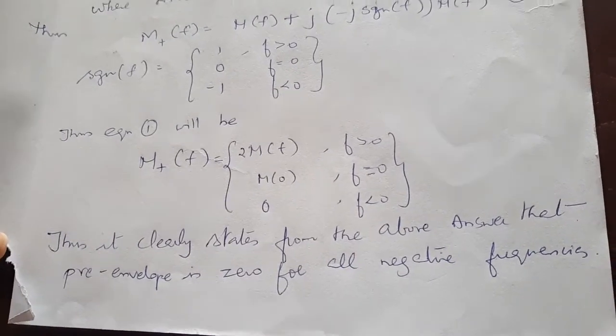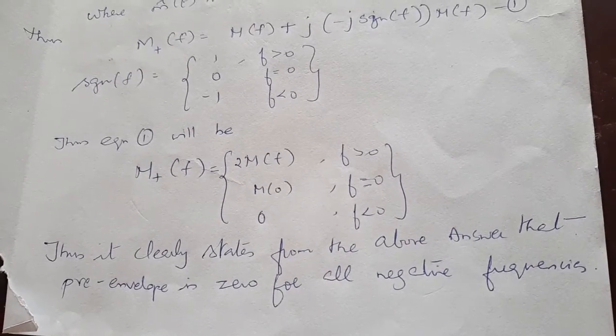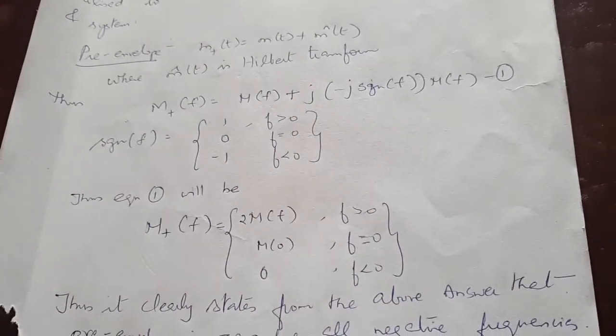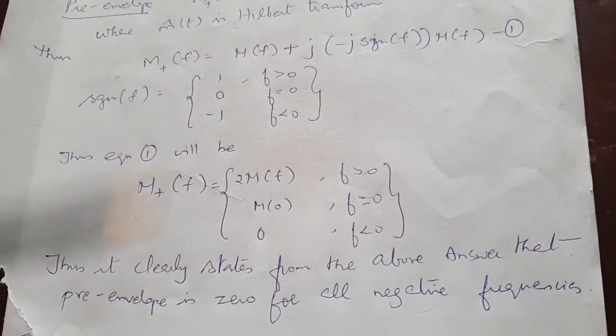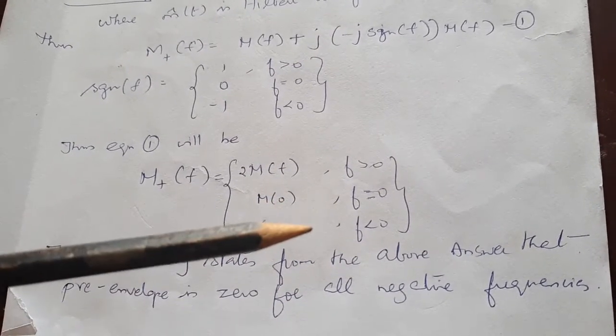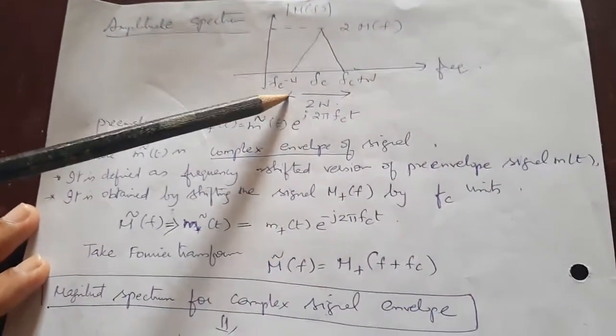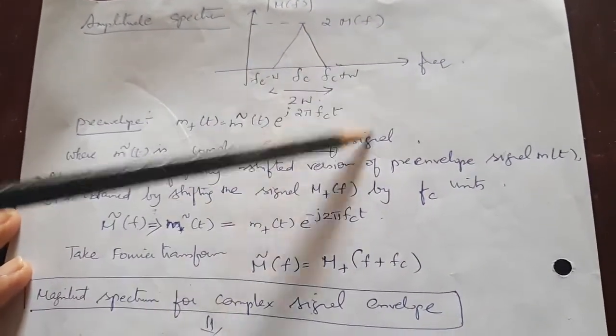So when the signal is allowed to pass through a band pass filter which can determine the characteristics, the pre-envelope of the signal for the lower frequency will be 0. That's how you define it. Therefore, all your signals will lie only on the positive values. Then we move on to the amplitude spectrum. I have drawn it. So you now have the spectrum only on the positive side.